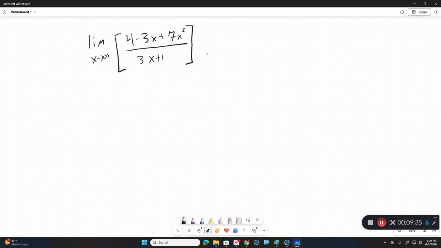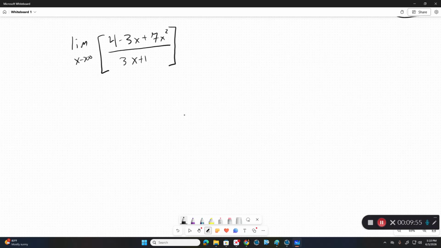So let's take a look at the limit as x approaches infinity of, let's come up with an interesting rational function, just kind of choosing one off the top of my head. Now, the important thing here is there's no amount of distribution that I really want to do that's going to make this any easier. That's going to be not good. So instead, I have to think about what I can do. And the most important thing that I can do is I can always